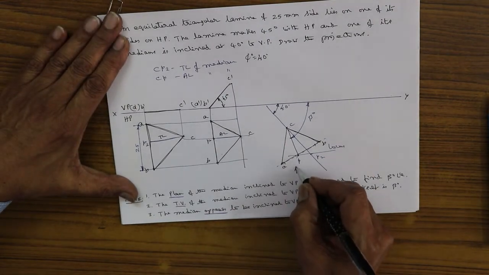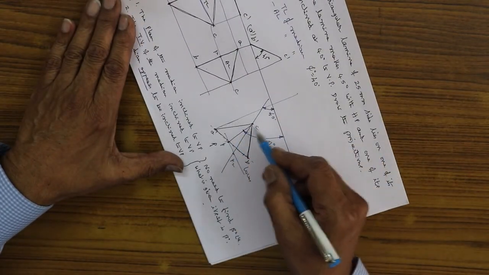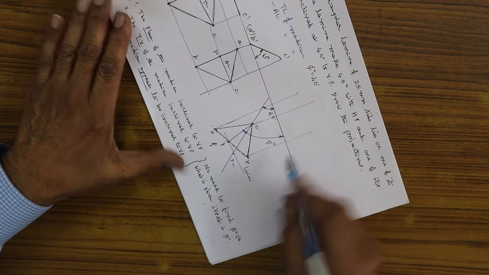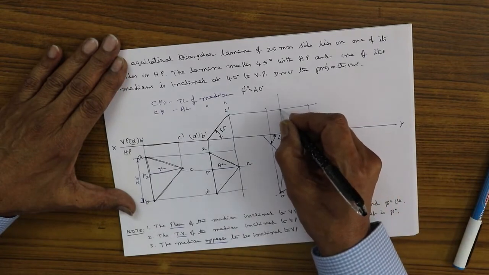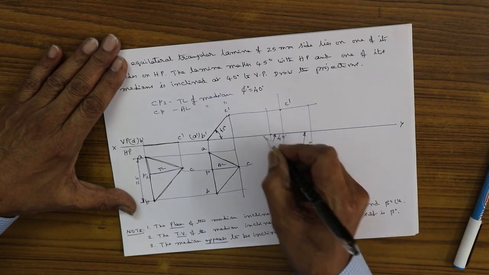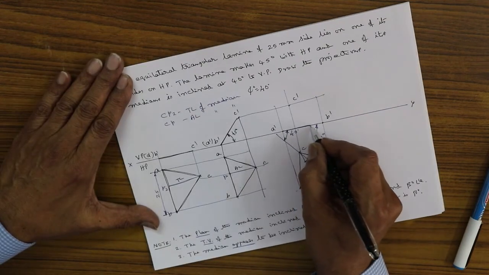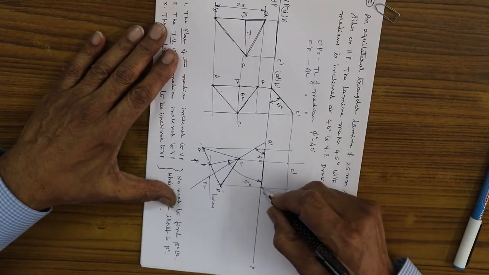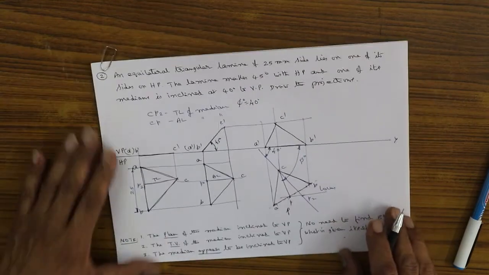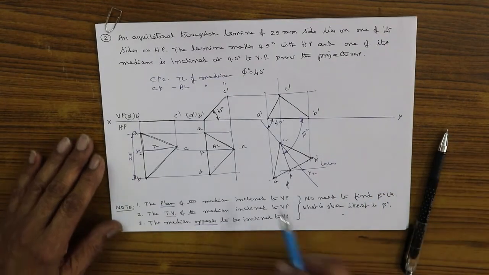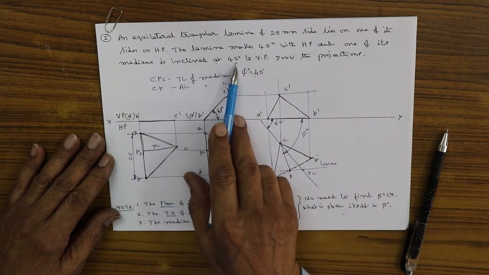Now you project and get the front view. Draw the projectors from all the corners A, B, C. Draw here the locus lines. You find C and C intersect here. C dash, A and A dash, B and B dash. You join them in order: A, B, then B, C, then C, A. A, B, B, C, C, A, apparent triangle. So this is why we have found the apparent beta angle, because the given angle being a phi angle, which is a true angle.